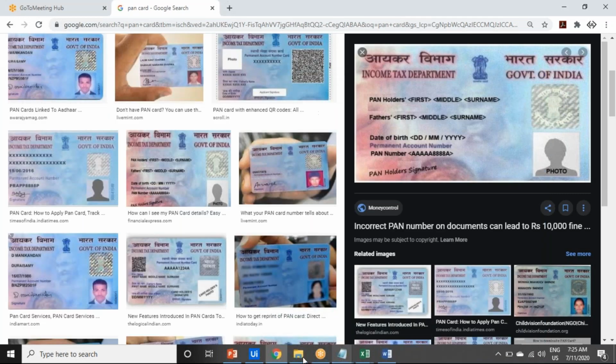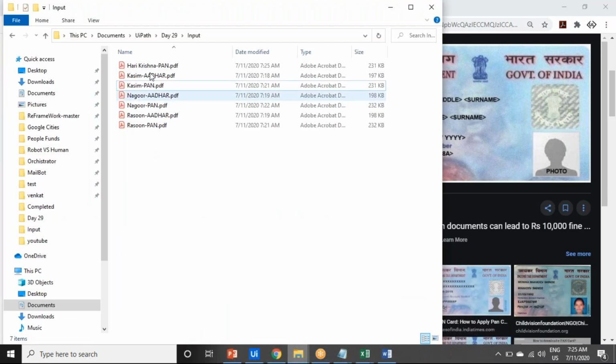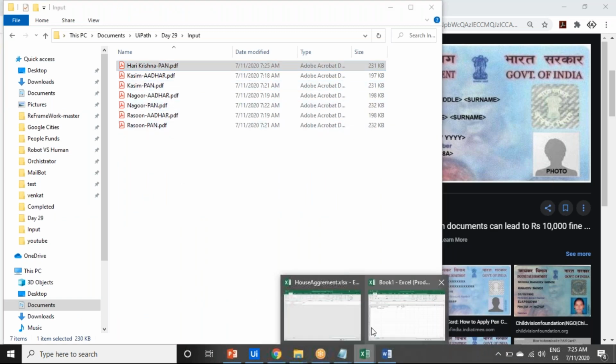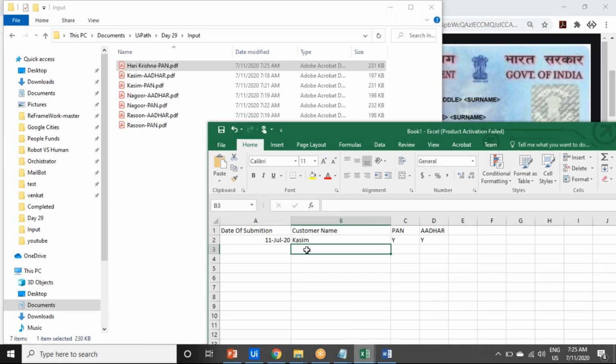Got it. So now Hare Krishna has only the PAN. He has not submitted the Aadhaar. So now how should it come? It should come like Hare Krishna. This name is coming from that particular file name. If you observe the file name, it is